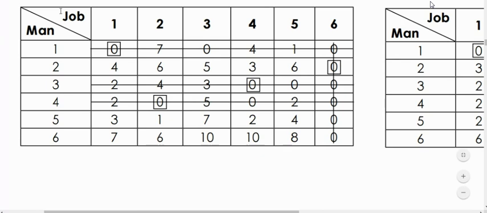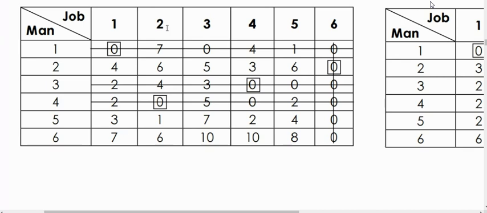When I'm telling first job, then what would you look at? First column. So in the first column, you see how many zeros? A single zero. Now my step 5 is finding out single zeros in my columns. So if I see job 1, I have only one zero and that is for the first man. So what am I required to do? I have to make a square on the single zero.